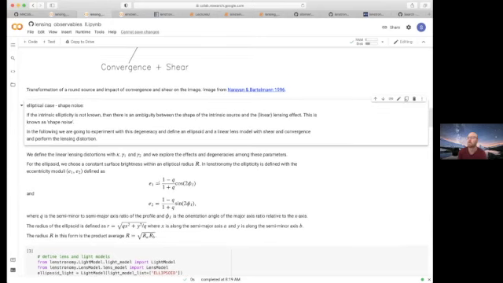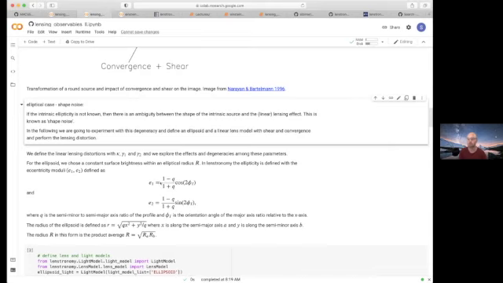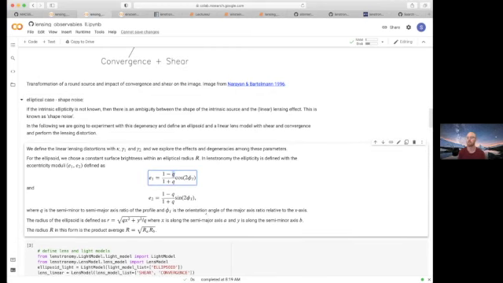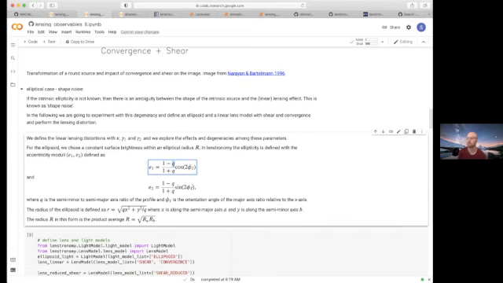Moduli, where these E1 and E2 are the distortions along either the XY axis or perpendicular to it. So basically it's very similar in meaning to the shear, and there's a reason for it. And we define them relative to an axis ratio Q, which is the minor to major axis. And so the way we then compute surface brightness in that case, we define the radius here, which effectively, the